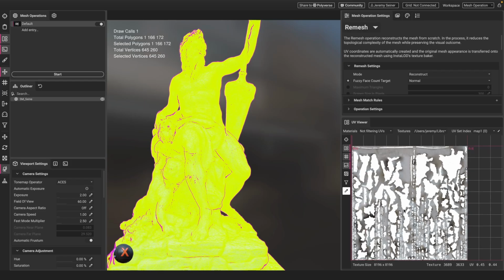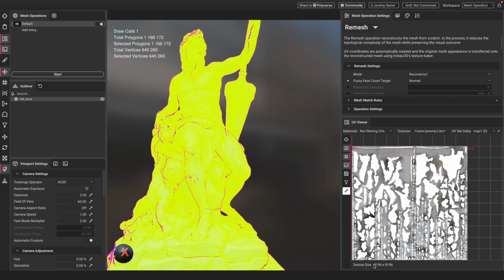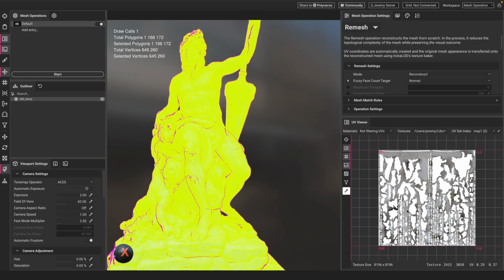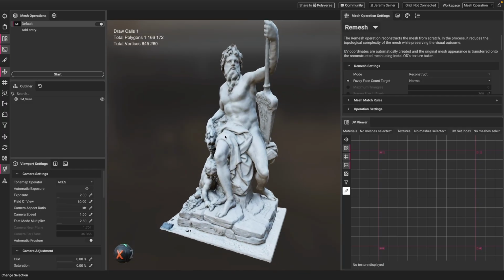And in order to get all of this information here on the model, they had to use an 8K texture. As you can see, a larger texture resolution is needed because we have all these different UV shells, all these small pieces packed together this way, and it's not very efficient. So there's a lot of problems with this, and we're going to be able to fix all of them